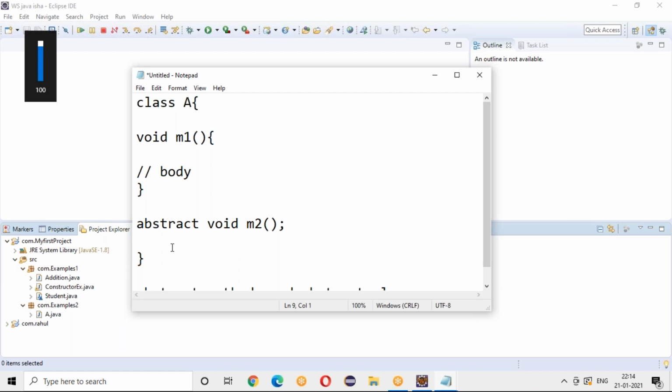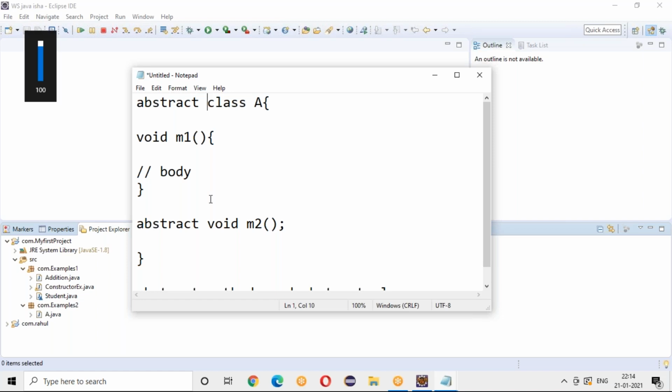Whenever a class has an abstract method, for example a class having 10 methods, if at least one of the 10 methods is an abstract method, then for sure your class should be an abstract class. If not, your compiler will throw an error. If you are not having any abstract methods, it's not a problem; your class can be a normal class. But if your class has at least one abstract method, then your class must be abstract. If you are not writing it as abstract, your compiler will throw an error.